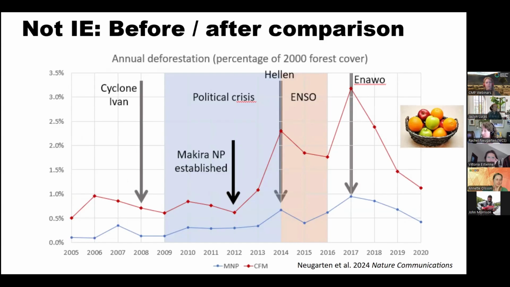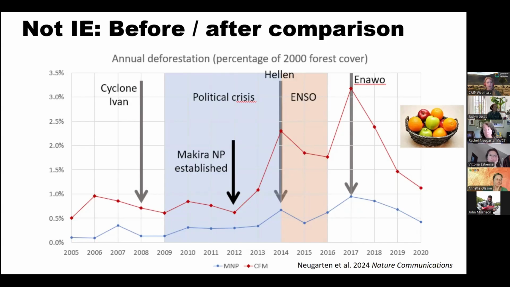And if you look at the years of the cyclones in particular, Cyclone Helen and Cyclone Enawo, 2014 and 2017. Now, if you think about community forests and national parks in Madagascar, you may not be aware of this, but the community forests tend to be established in the buffer. So when a cyclone hits, where do you think it hits first? So you have this sort of differential impact of forest cover loss. And it may have nothing to do with the fact that the designation is national park versus community forest. So there are things that happen in time that confound your simple comparison of before and after.